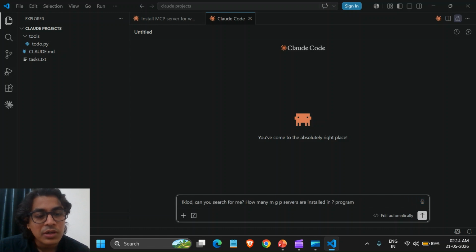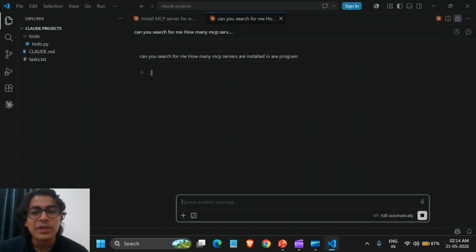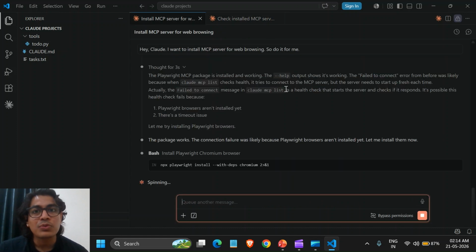Yeah, so we can remove this, we can delete, we can add R over here, and this would be MCP. And I can execute this side by side. So if you see now, two different Claudes are working at the same time.